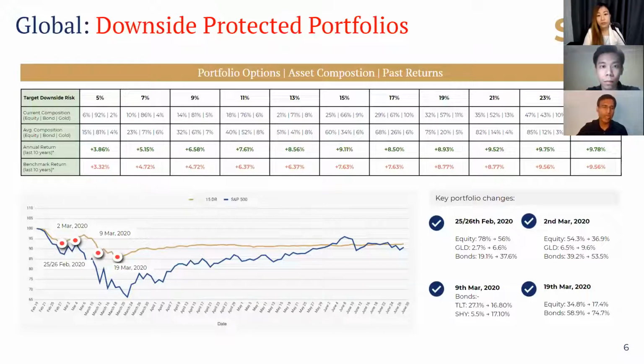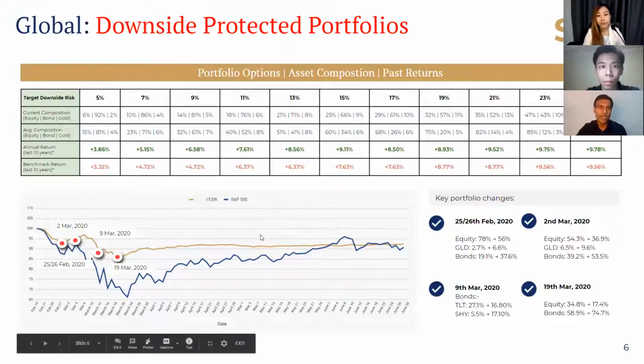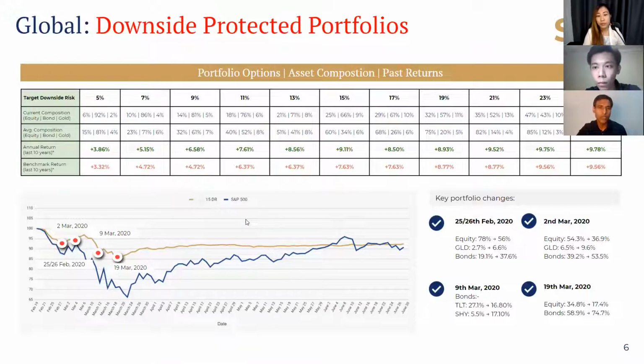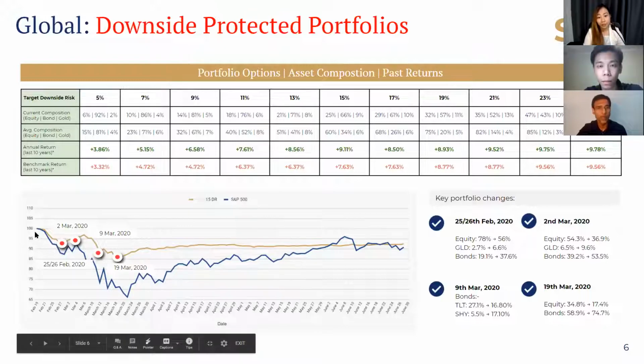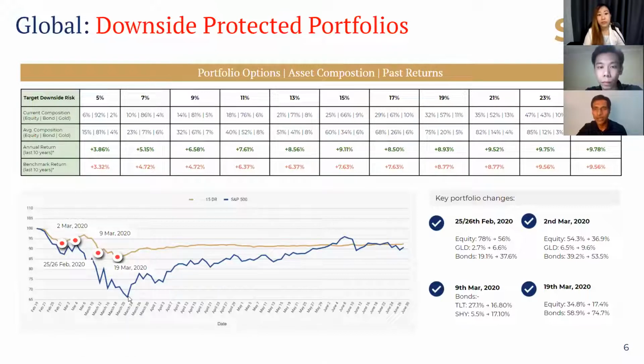So again, it goes a little bit technical, but I think the idea behind this strategy is to really make sure that your investment journey is really smooth. And that's why when you see our portfolio, the golden line, the drawdown this portfolio had during the March crash was around 13% versus the S&P 500, which dropped like 34% during Feb to March, peak to bottom. And then, of course, the S&P 500 has had a massive rally, and it has come back significantly. But the fact is, because we lost so little, we didn't really need to recover that much.